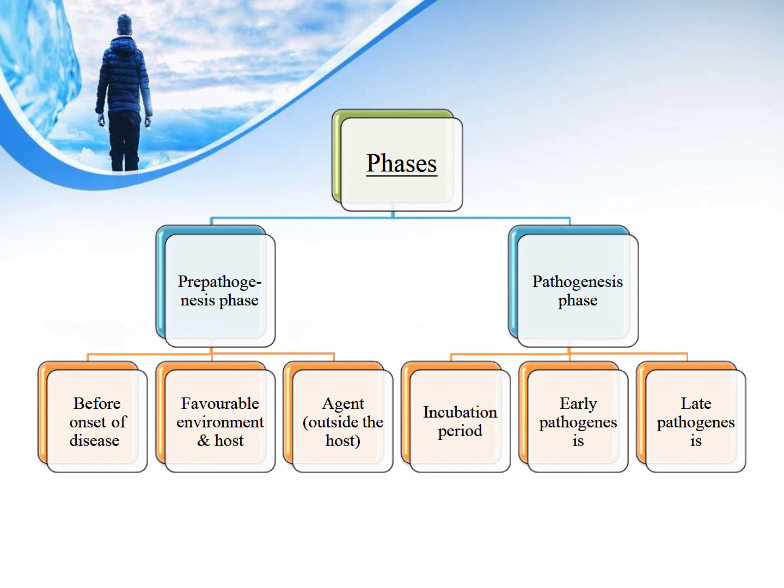Now about the pathogenesis phase. The pathogenesis phase starts when the causative disease agent enters the human body successfully. Having entered the body, irrespective of the route, it goes to the site selection, lodges there, gets adapted, multiplies, reaches an optimal number, disturbs the structure and function of that organ, produces change in the blood and tissue fluid, and results in the development of signs and symptoms of a disease.